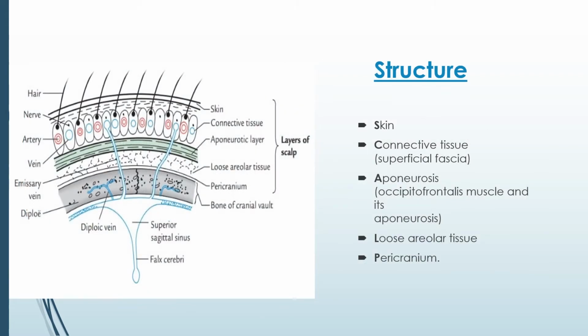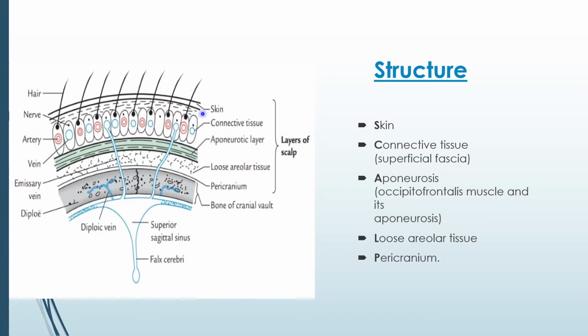We will look at its structure now. The layers of scalp are pretty easy to memorize with the mnemonic SCALP, where S stands for skin, C for the connective tissue, A for aponeurosis, that is the aponeurosis of occipitofrontalis muscle, L for the loose areolar tissue, and P for pericranium. The first layer, skin, is thick and hairy, and it consists of a lot of sweat glands